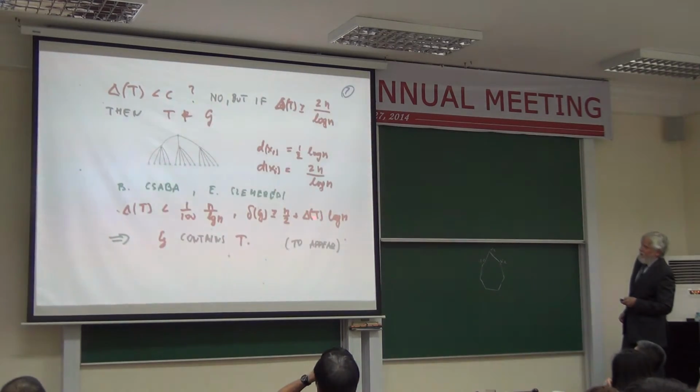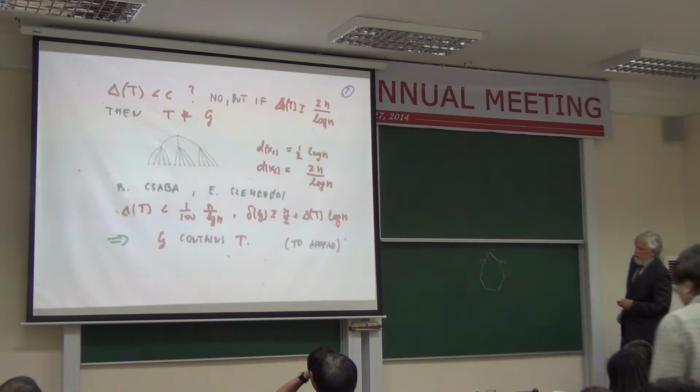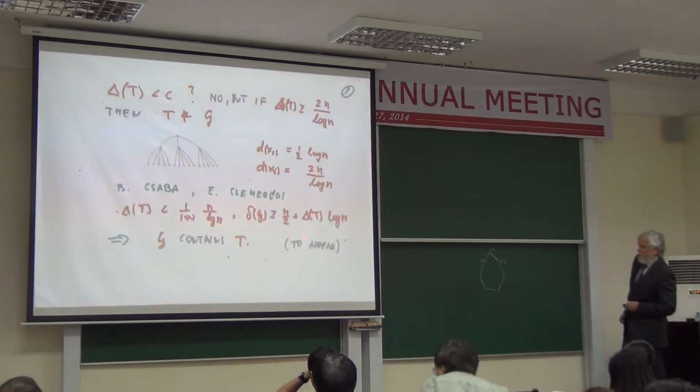But maybe let it be square root of n. If the maximum degree of T is square root of n, then we cannot prove anything. Most probably this error term will be slightly smaller. But actually, very strangely, the extremal case causes the problem. What is an extremal case, I will not explain now, it will come up later. But nevertheless, we don't know what is in between. Still, it is a good error term, but we suspect that the error term in between will be smaller.